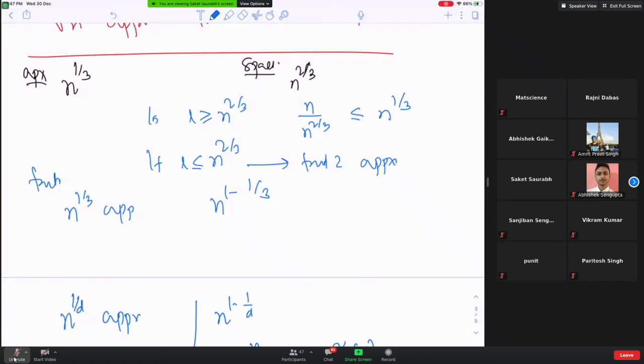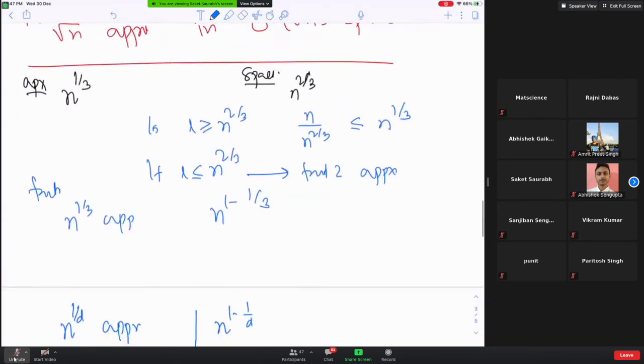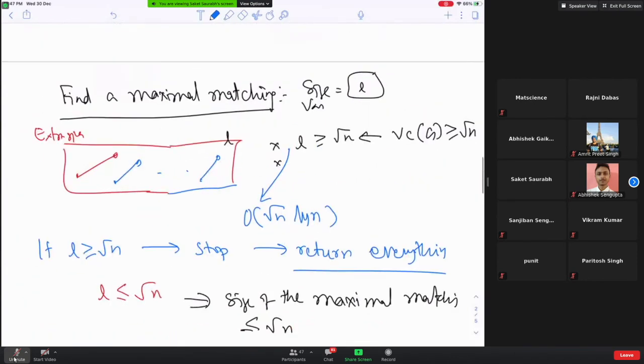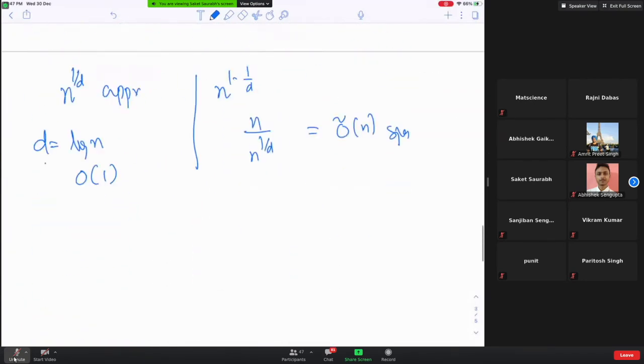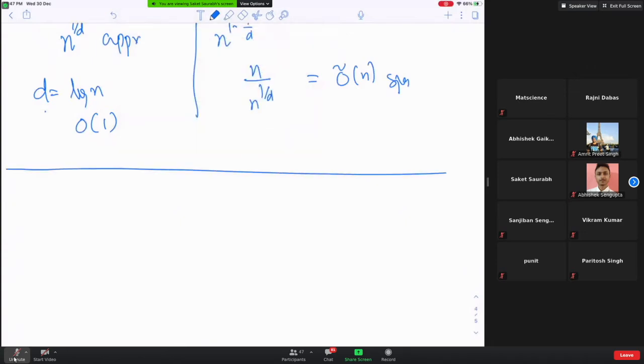Now we are going to do some more. So now our objective is d equal to log n. You're right. So if I put d equal to log n, then I get order 1 approximation and O tilde n space. So it was a very good approximation algorithm. But now let's go further and ask, I'm happy with order square root n approximation.